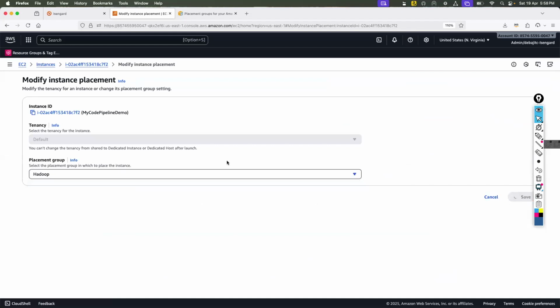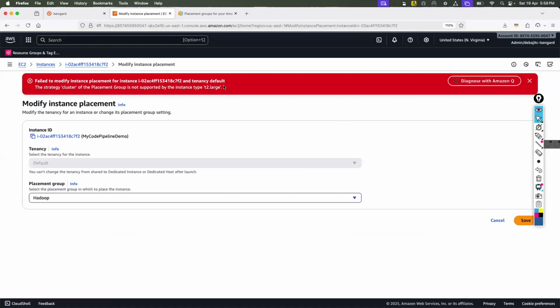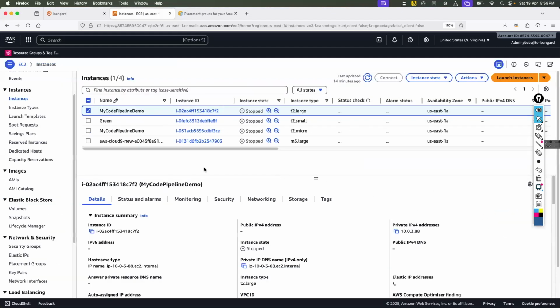Now, T2 large doesn't support placement groups; it is a very small, testing environment instance, not very suitable for production. But you got the understanding: if you have very big servers and go by this approach, all of the servers will be part of the same placement group.